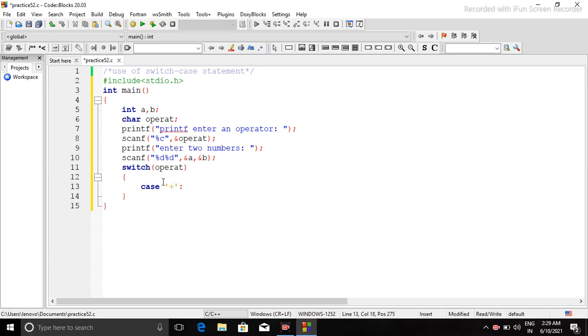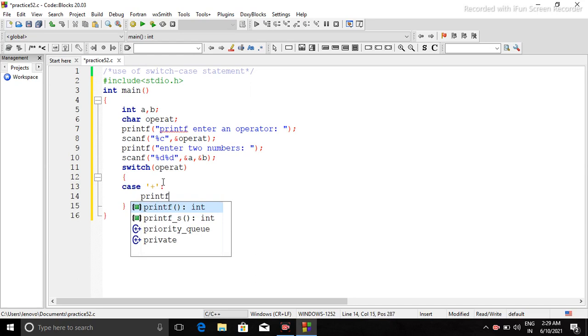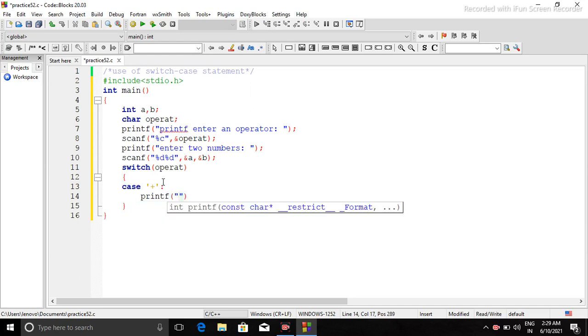If this happens, then print sum is %d, a plus b. The answer of this expression will be replaced in this %d. And then after it, another condition, case,